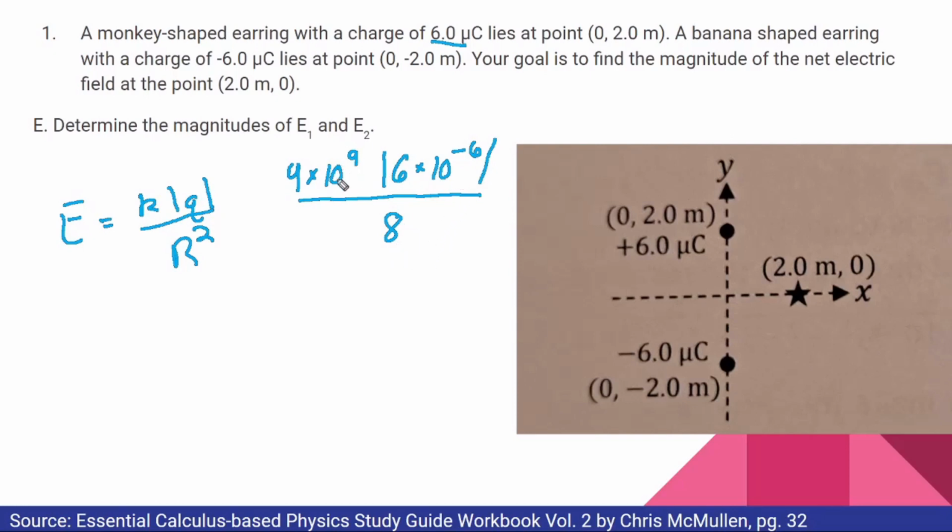We know that our 10s are going to combine to get a resultant 10 to the 3rd. If you look up here, we see that we have 6 and 8, which both can be reduced to 3 and 4. For the sake of simplicity, you multiply 9 and 3 together, you get 27, divided by 4 times 10 to the 3rd. If you were to plug this into your calculator, you would get that the resulting magnitude is